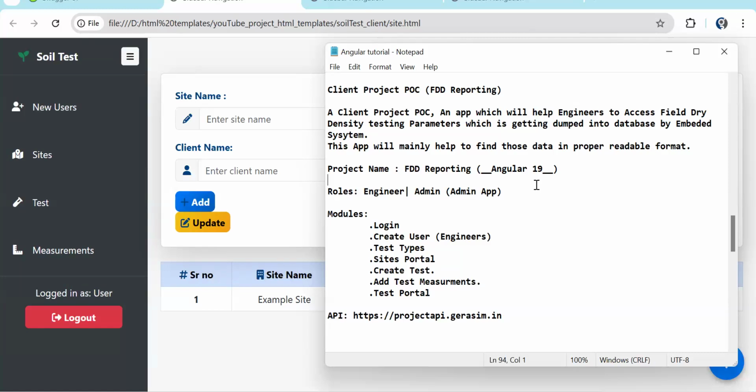I don't know if you are familiar with the concept, the term is FDD reporting. That term belongs to soil testing. Whenever any new road construction or any construction is going to happen, before that they have to test the soil. They take a sample of the soil where the construction is going to happen, either a road or a mall or anything. Then they put that sample into a hardware machine, which is an embedded machine, and that embedded machine will perform certain tests with different soil fragments and whatever they might be doing,